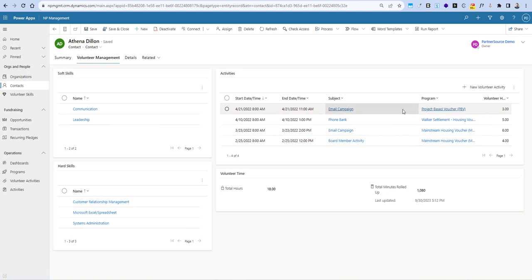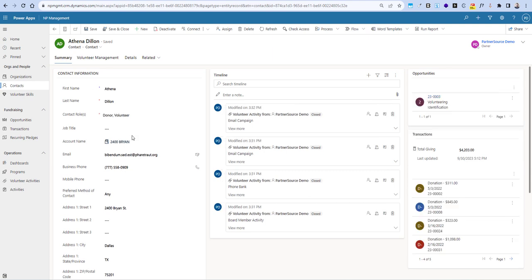Then you save it. And what happens is that the number of hours and minutes are automatically calculated, rolled up and added to Athena's entire profile, and the total number of hours as well. Now, this is calculated every 12 hours automatically, but you can always click here and just recalculate if you've entered new data. So this is a typical example of a record where you want to see everything you could possibly know